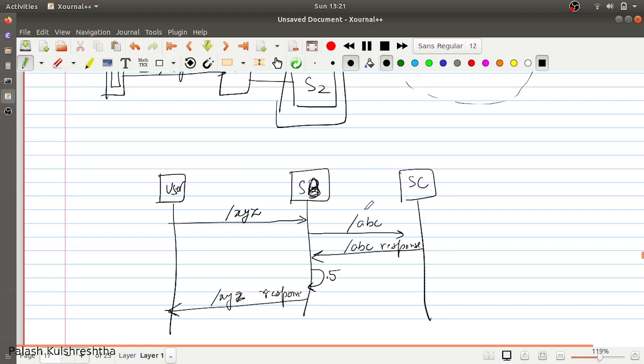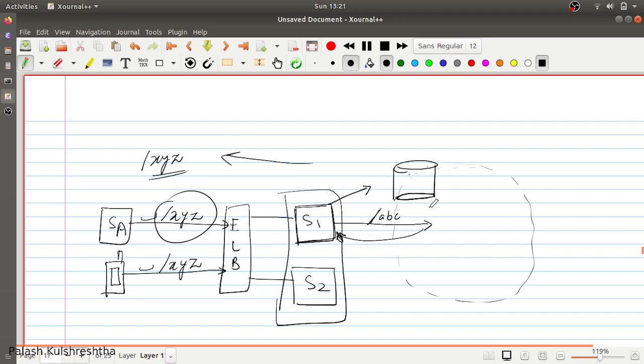So if there is any problem in the /ABC API call, which is being called internally from service B, then it is going to lead to higher latencies. So this is the time taken. The time taken to service request ABC can increase the time taken by the API call XYZ. So it can be an external API call. Another possible scenario is caching. Caching is also a type of database, but let's consider it separately. For example, there is caching.